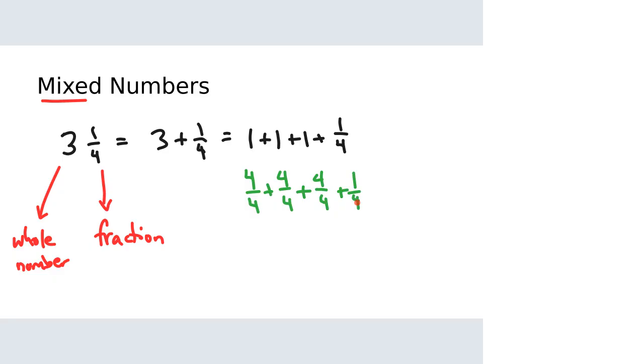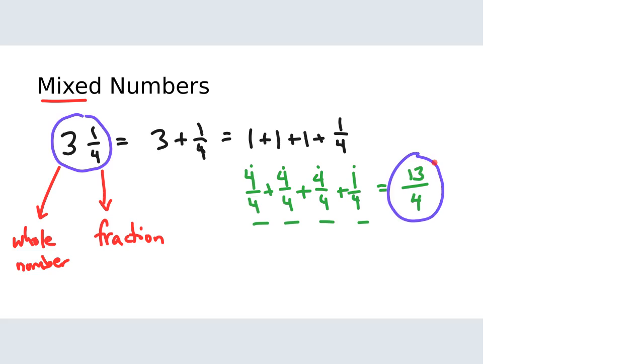And so what the actual value of this number is, this mixed number 3 1/4 that I started with a long time ago, now I can add those fractions because they all have a common denominator. So I can add the numerators, and that's 4, 8, 12, 13. So what we just did here, in sort of a long way around, was we found that 3 1/4 has the same value as